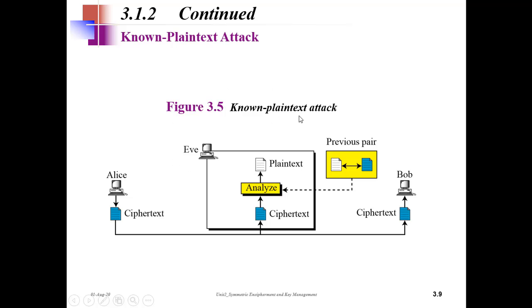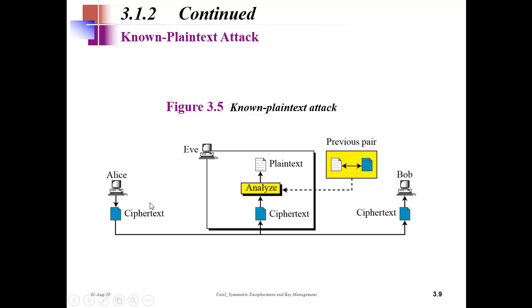Next is the known plain text attack. Here we assume Alice had previously sent a message to Bob, so that ciphertext was visible, right? And later on Alice made the plain text corresponding to the ciphertext public, because it was not important at that time, its importance having been lost. Okay. But Eve was smart. He already had the ciphertext. When Alice made the plain text public, he got the plain text and ciphertext pair. So he had got some idea of the key already, right?